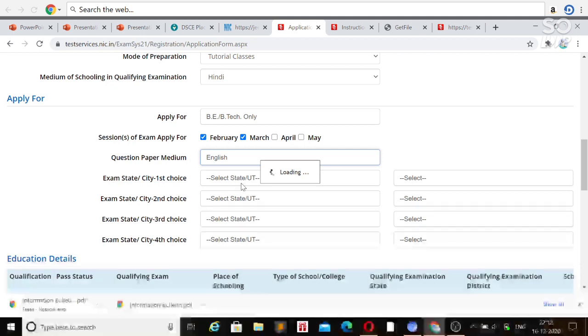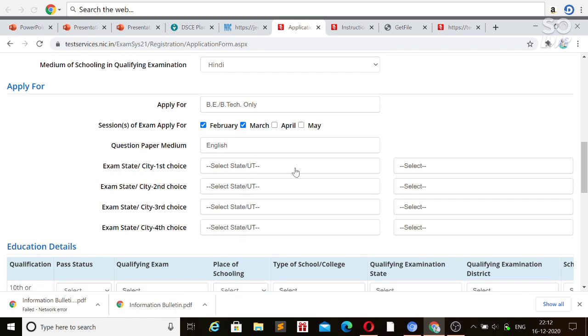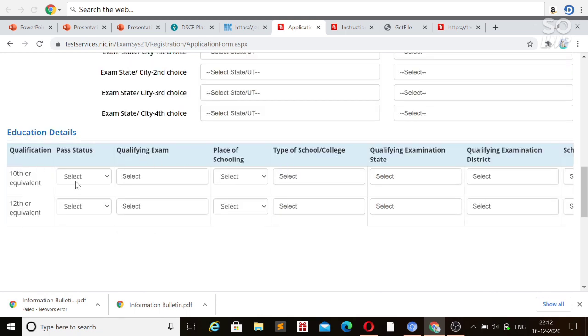and after that you will be asked for the four exam cities that you prefer. So select the state and the respective place in that state. So 4 will be, and most probably the first one will be allotted to you and it will not be changed. You have to give the exam on that allotted state or city itself. So after that you will be asked for educational detail, that is 10th or equivalent and